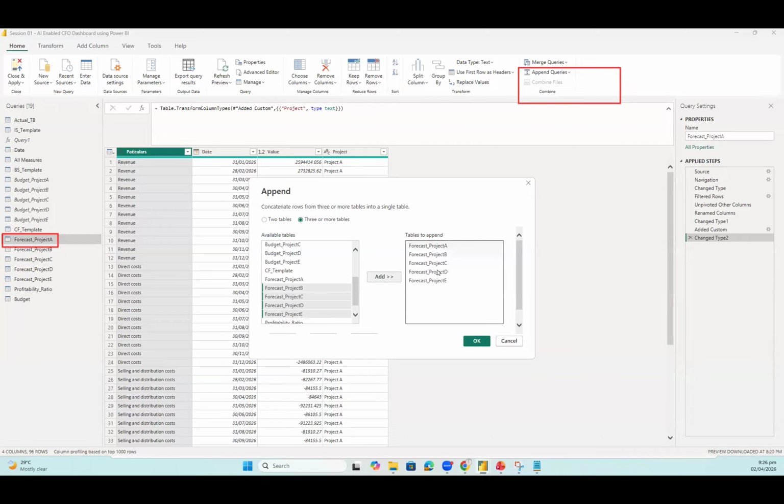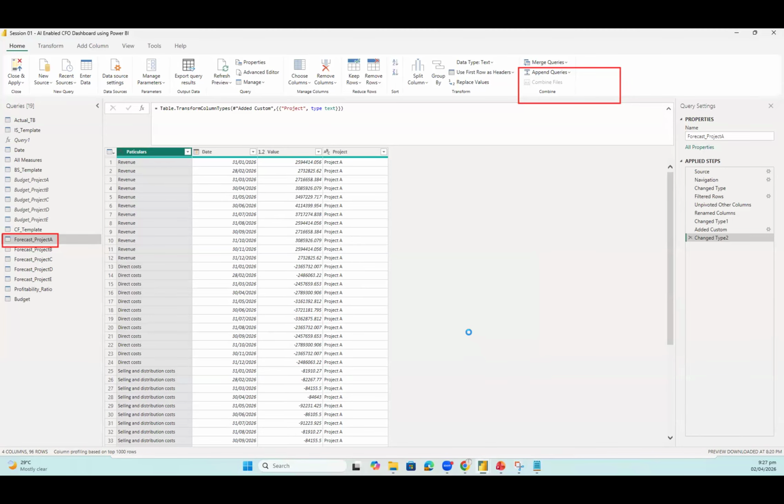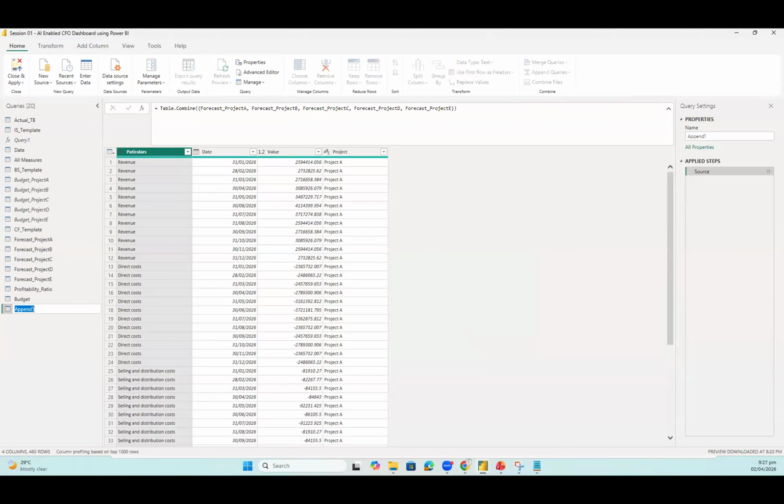So once you have the 5 forecast sheets, this is the one which we need to append all of them in one table. So this is just a repetition of the previous step. Once we are done with the same thing, I will